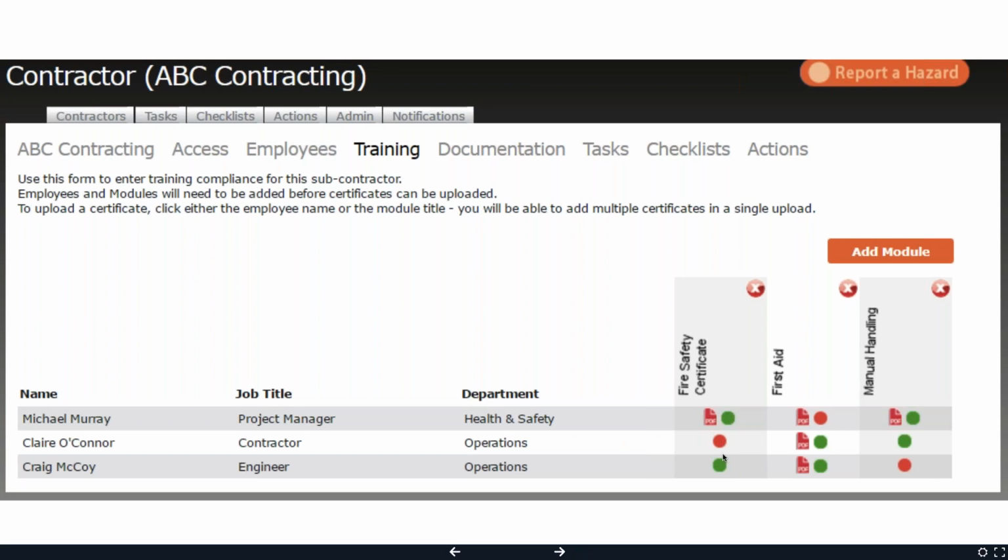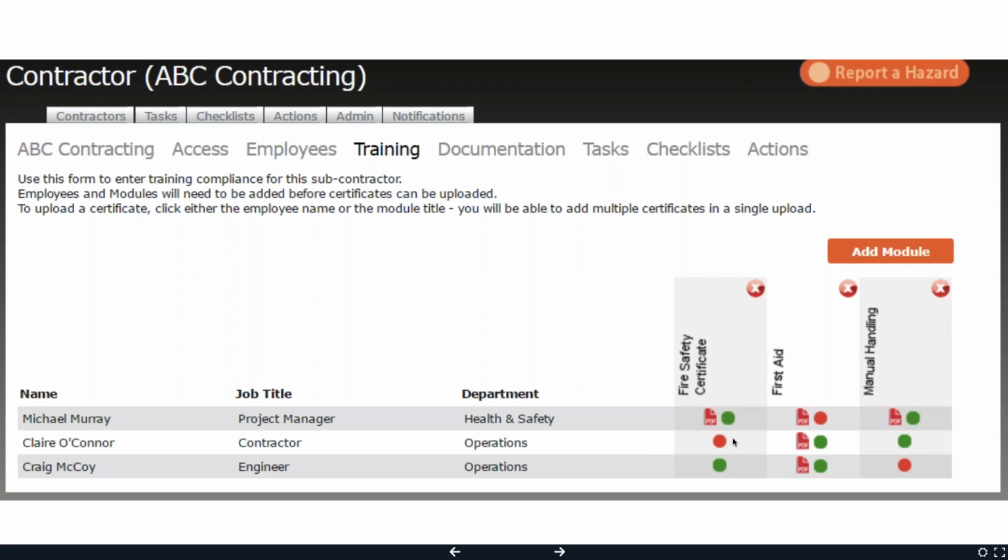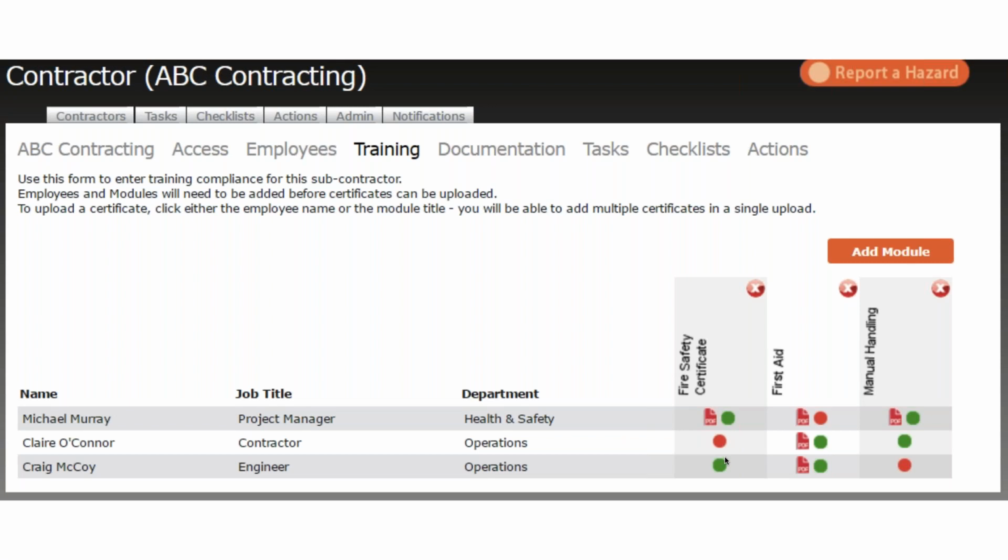So the green in this matrix is basically indicating that this person has in-date training that's been approved by yourselves, whereas the reds are obviously indicating someone who's fallen out of compliance. Now, before they would hit this red status, they would be receiving notifications, as well as yourselves, that this training is basically coming up and ending the life cycle of its compliance.